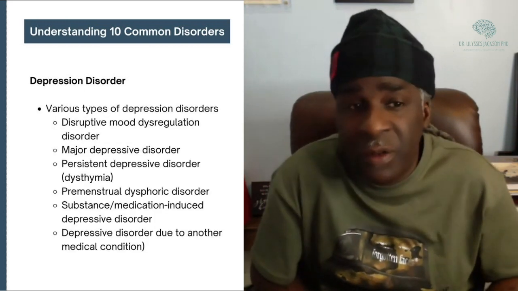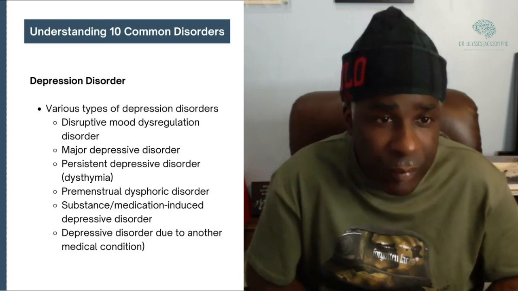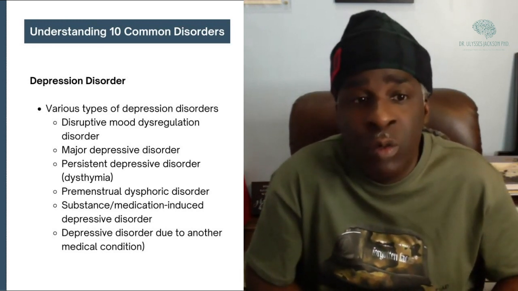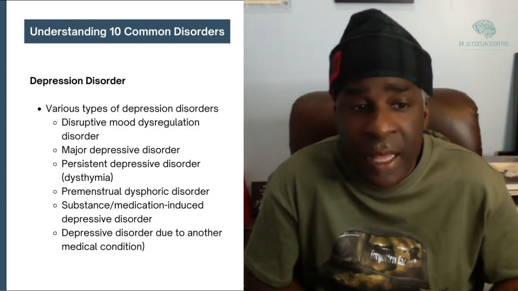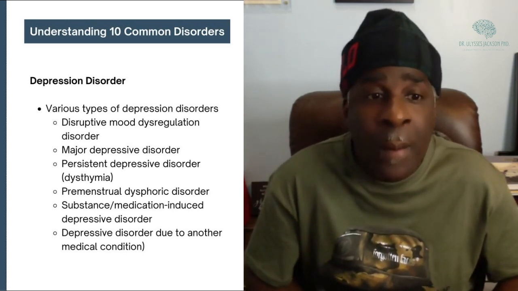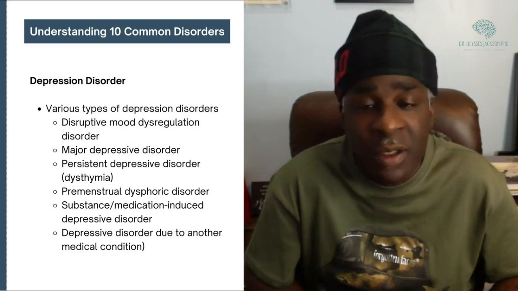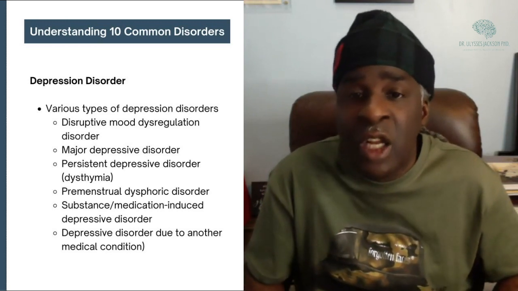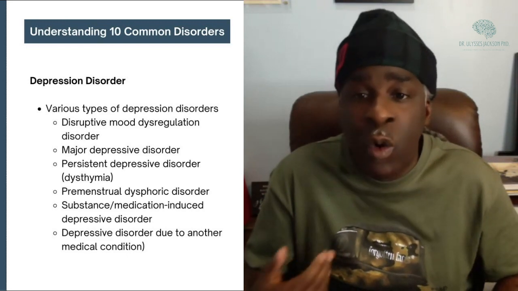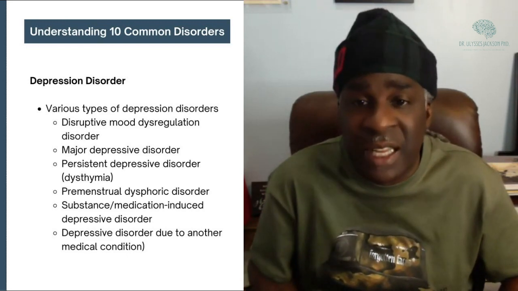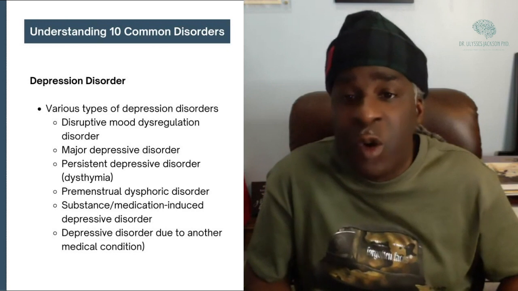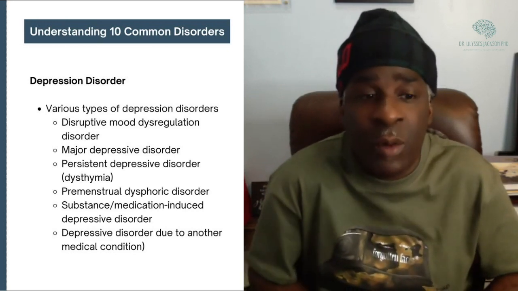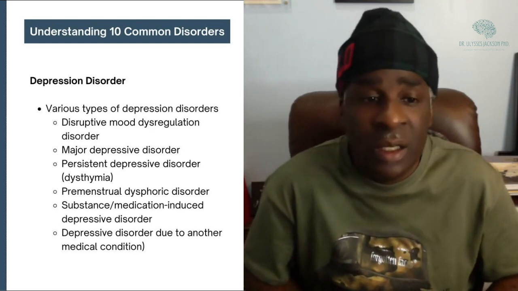The depressive disorders vary on the type of depression you have. It can be disruptive mood dysregulation. It can be MDD or major depressive disorder. It could be persistent depressive disorder that has been lasting longer than 6 months and going on and on. That's why they use the word persistent, because it's been going. And for the women, they can go up and down and get real depressed when it comes to that premenstrual